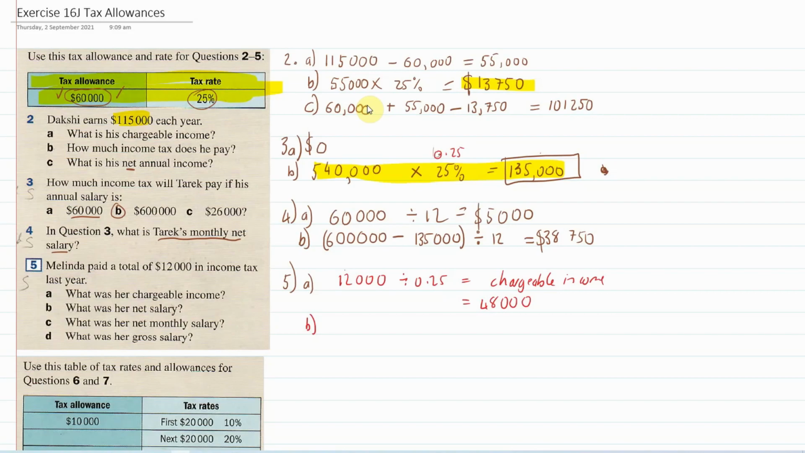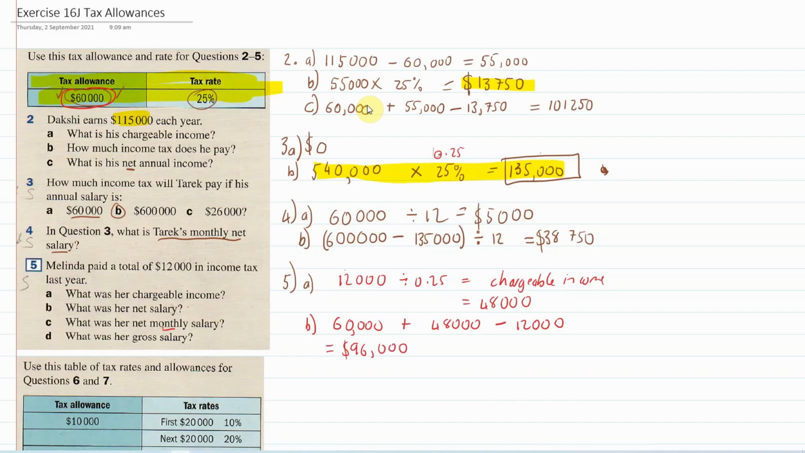B. What was her net salary? That means how much money she's getting after she's paid tax per month. Oh no, per year, right? Because the next one's monthly. So her net salary. Remember, she has the $60,000, which she doesn't pay tax on. That's the tax allowance. And then she has got the $48,000, but because it's net, we have to take away how much she paid in tax, which is this $12,000. So it's essentially $60,000 plus 48 take away 12, so that's $36,000. So I think it should be